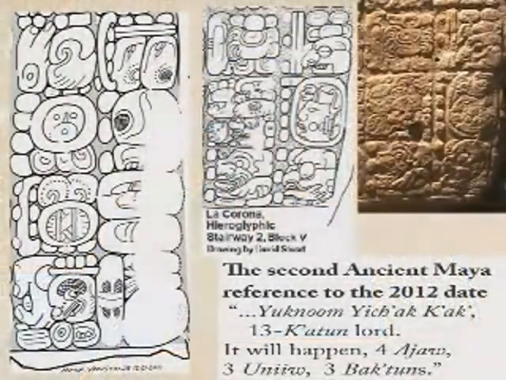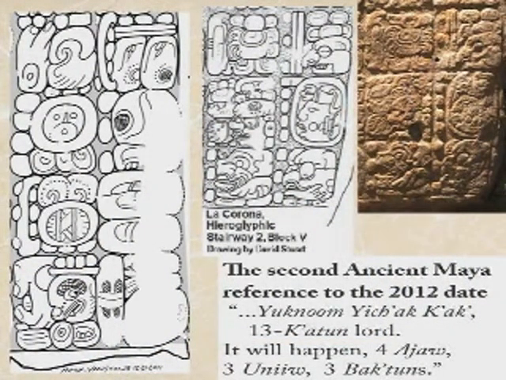I want you to notice that the king here, he's mentioned up at the top here. See this flamey thing sticking out the bottom of this glyph? This is a jaguar paw with a flame underneath it. It's the name of the king of Calakmul. And in the year 695, he was defeated in battle. And until this inscription was found, we thought he was killed. But here he is, after the battle, going around saying, I'm alive, I'm okay. I'm still defeated, but I didn't die.